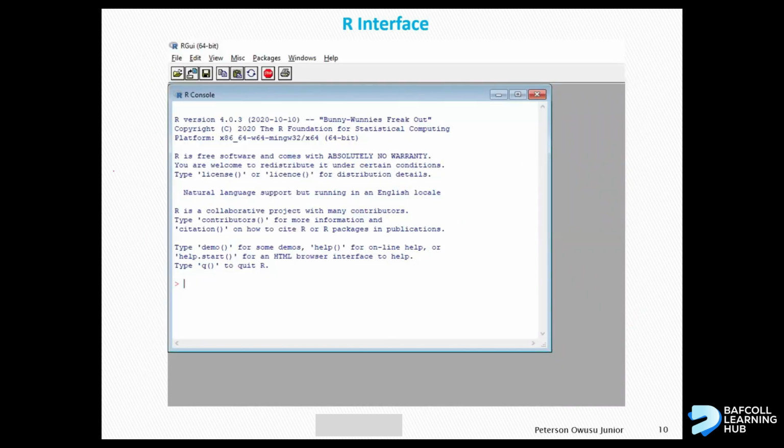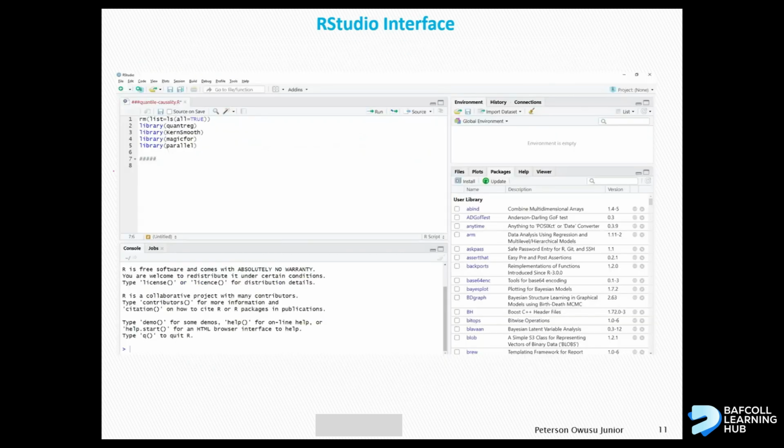This is the interface. We will use the integrated development environment called RStudio, which is now Posit. That's the one we use. It looks more like this. It is more interactive, especially for non-programmers. It's more appealing, unlike the blank page of R or the original console. So this is what we are going to use. If you have installed it and started it, you must have seen an interface like this.